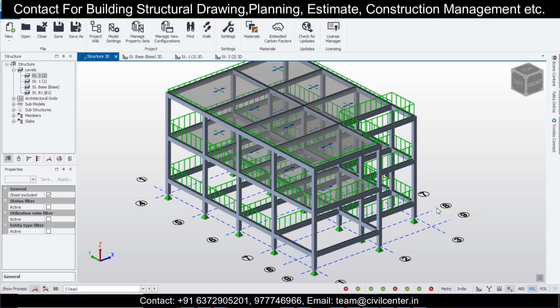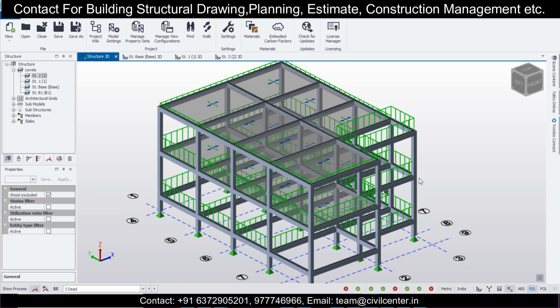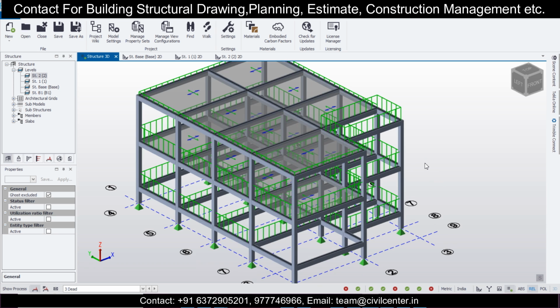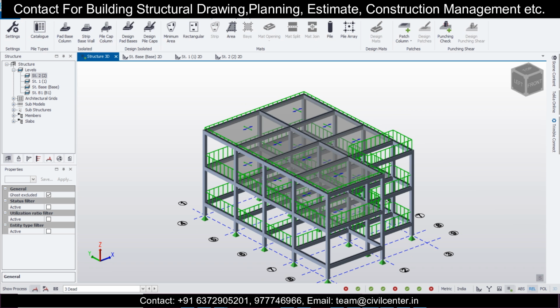Since the video is too long, I will end the video here for now. This is the procedure of applying all the loads and designing. If you want to check out the interpolation process, you can watch the playlist of Tekla structural design. You can find that video of how to interpolate and decide the sizes of the beams and columns. And if you want to do the foundation design also, that is a very simple process.